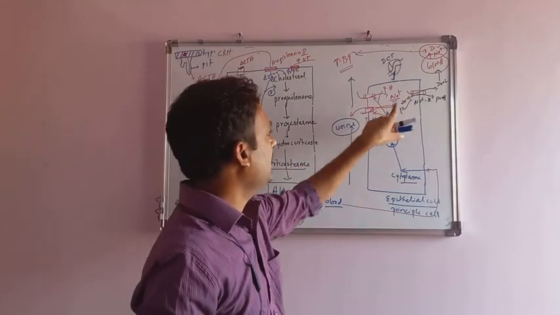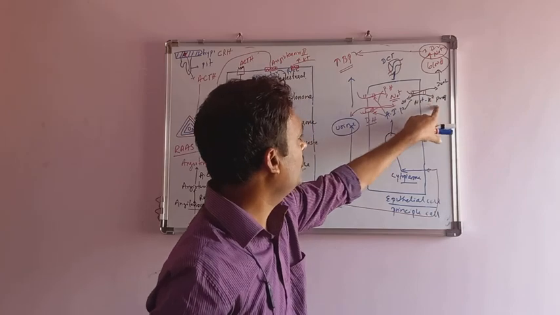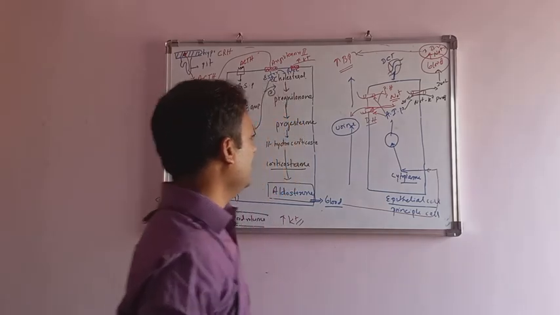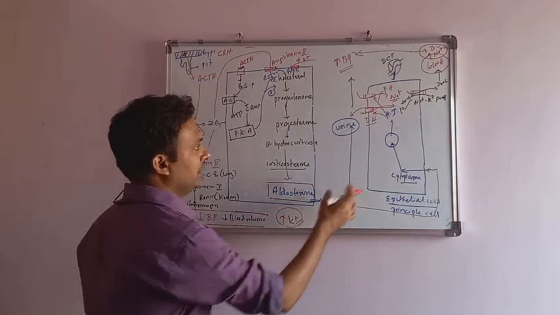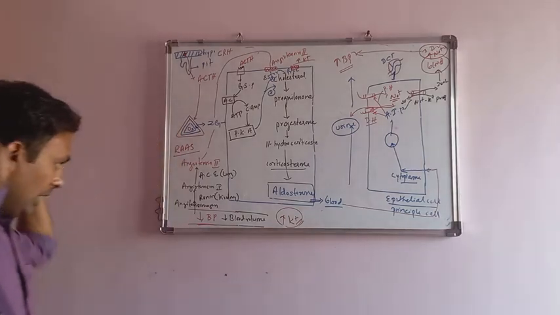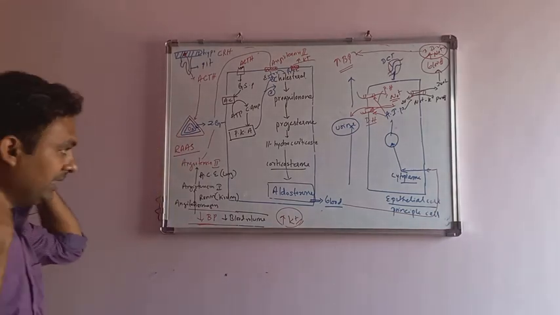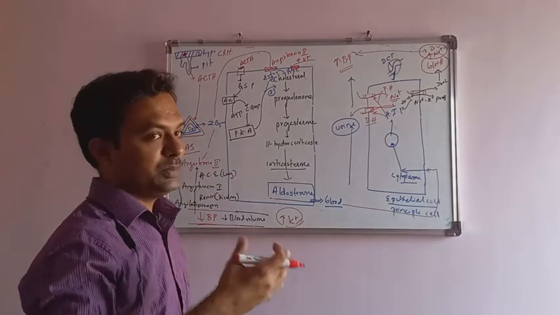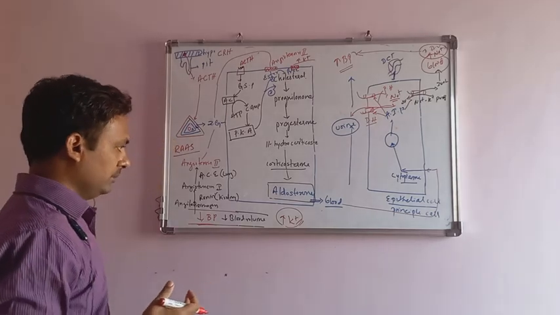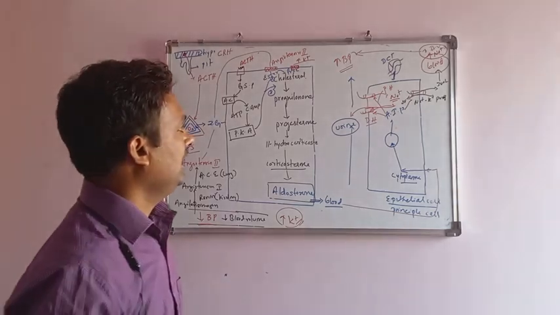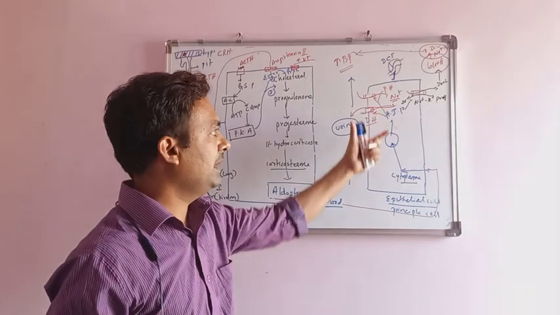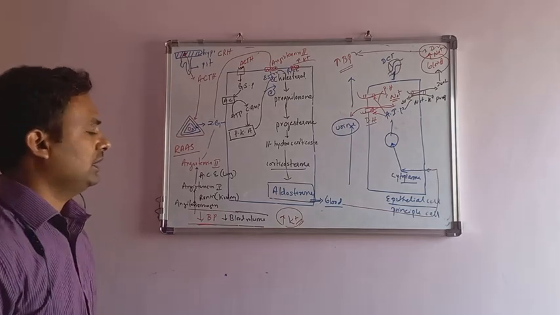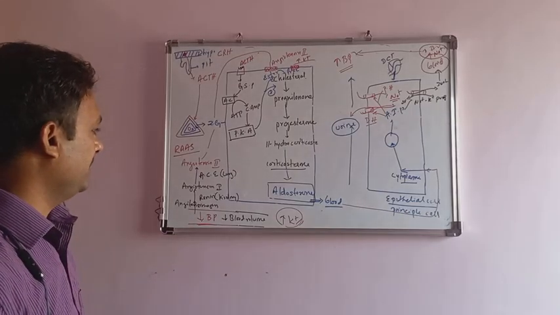Again, look at here. Because of the action, sodium enters into the blood, and 2 potassium will come into the cell, and that is excreted in the urine, that goes out from the body. Again, this problem is also solved by the action of aldosterone. So aldosterone is called a mineralocorticoid because it is regulating the blood volume and blood pressure by the absorption of sodium and excretion of potassium. This is the first function. And second function, it maintains the acid-base balance here. It maintains the water balance inside the body. So for that purpose, aldosterone is called important for life-saving purpose.